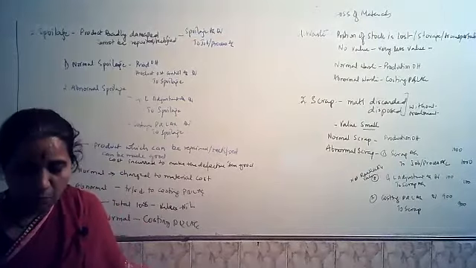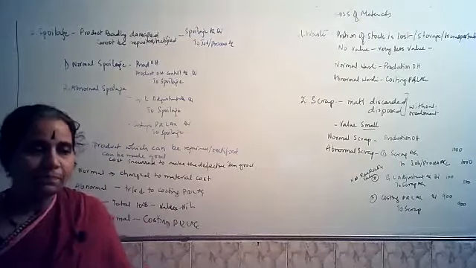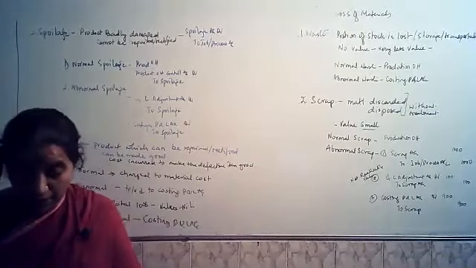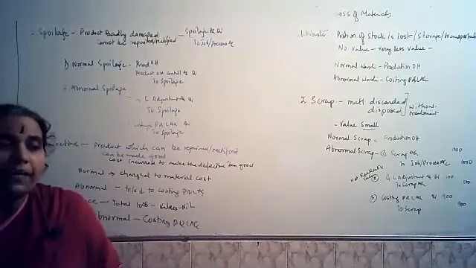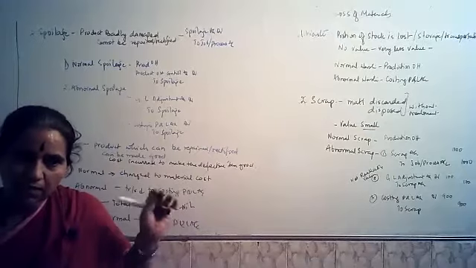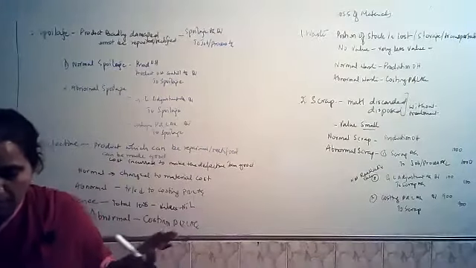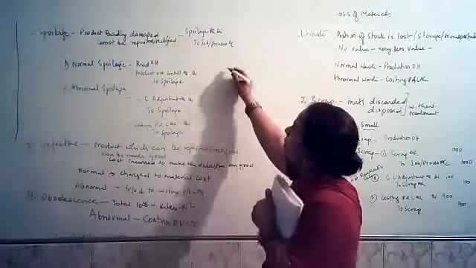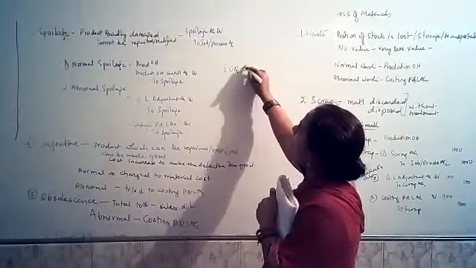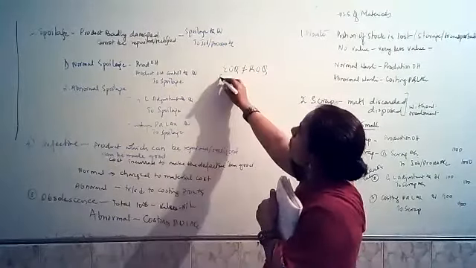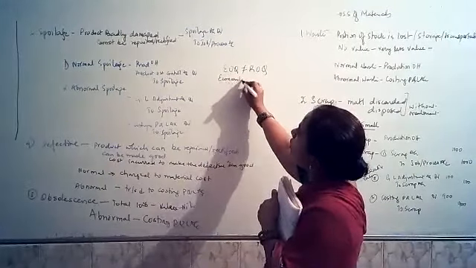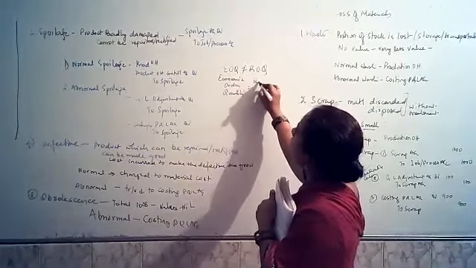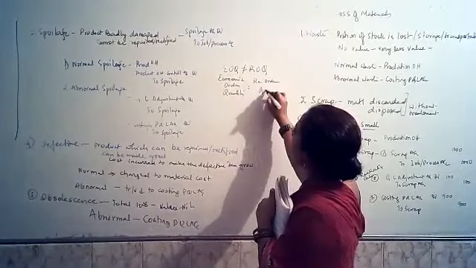There is a small portion I want to cover, that I should have explained during EOQ. There is a topic you read by yourself, I am not going to explain, but symbolically I will just tell you. There is a situation where EOQ is not equal to ROQ. That is, economic order quantity is not equal to reorder quantity.